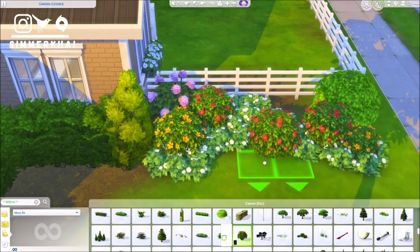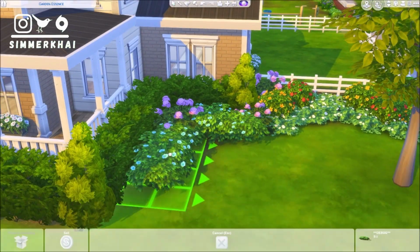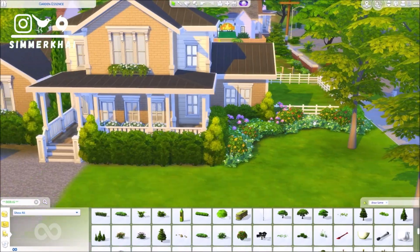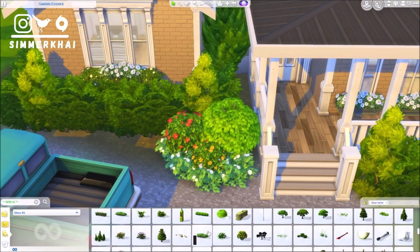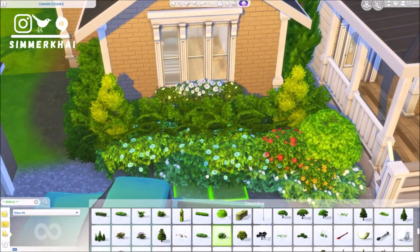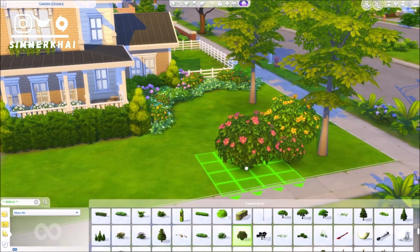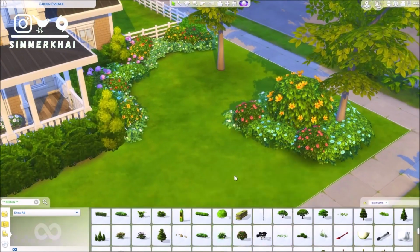So I will shift the base game family home to another video maybe, but it is definitely going to be up in the near future. But anyways, you can see that I already started landscaping the build and also used a lot of debug items from the debug menu. And I really like the landscaping because it's so colorful and it doesn't look too dull